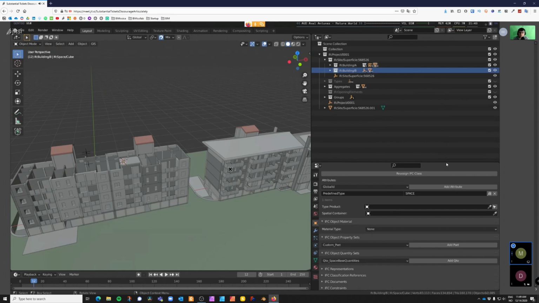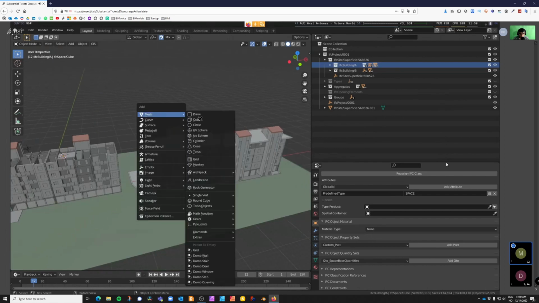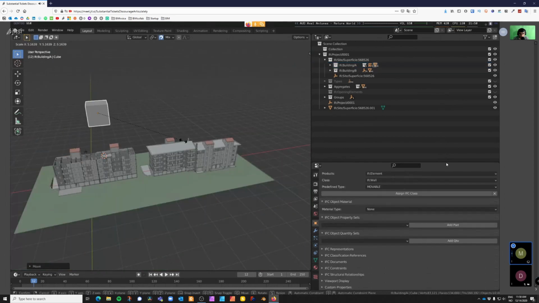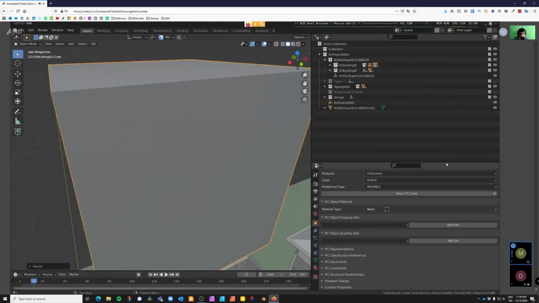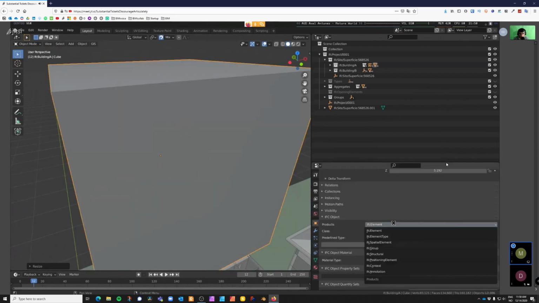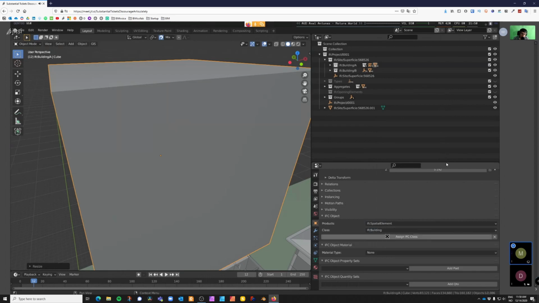Whereas in other programs, it might allow you to do it, but it may not be so obvious, or you might not have the same fidelity. So for example, it's actually possible to put a building inside of a building, and that way you can have multiple wings of a building. So to give you an idea, let's say I'll just create a big cube here. If I change back to spatial elements, which we're talking about today,